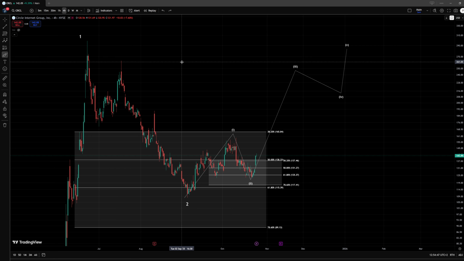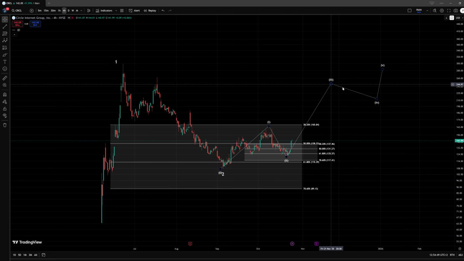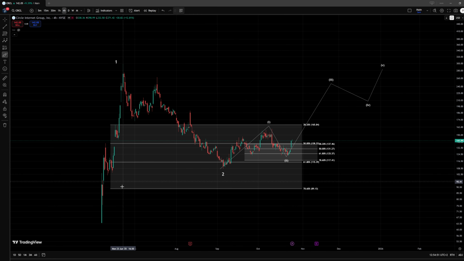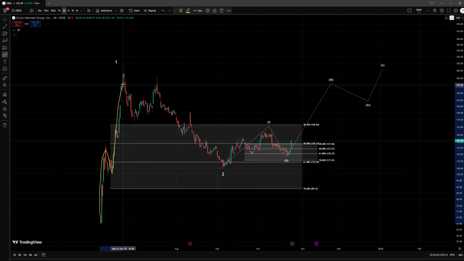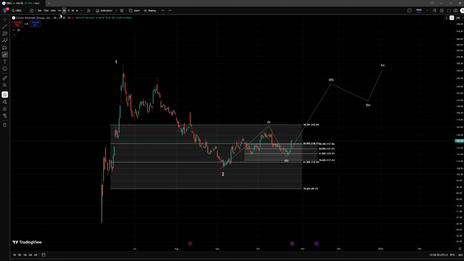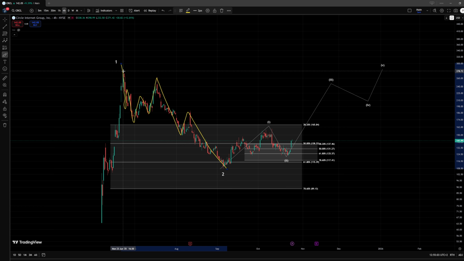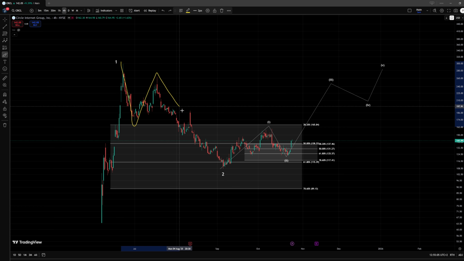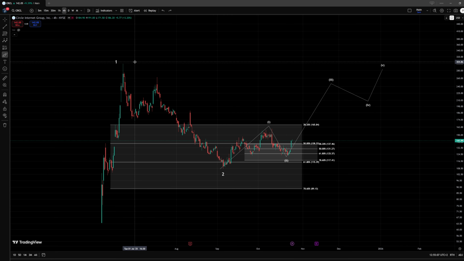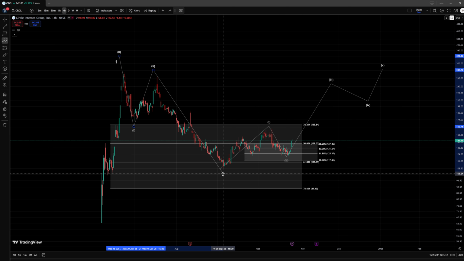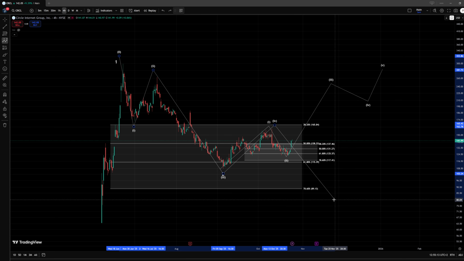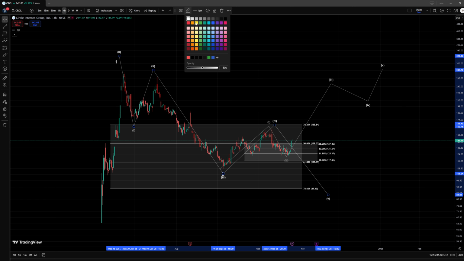But what I actually find more probable is the bearish interpretation, where we have a three-wave structure to the upside, and then to the downside we have again a three-wave structure initially. So we could have a WXY correction technically, but realistically this could also end up being a 1, 2, 3, and this could be a fourth, and we could be looking for a 5-wave move to the downside,